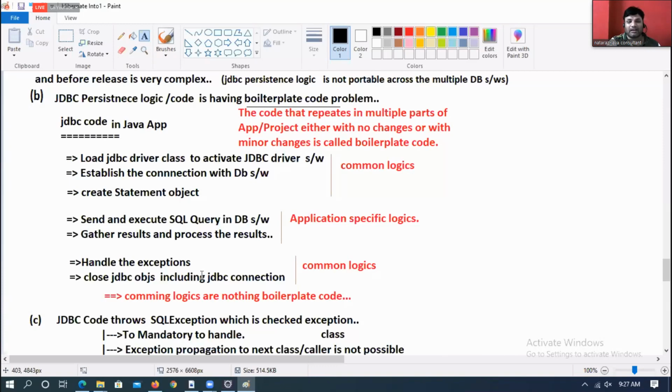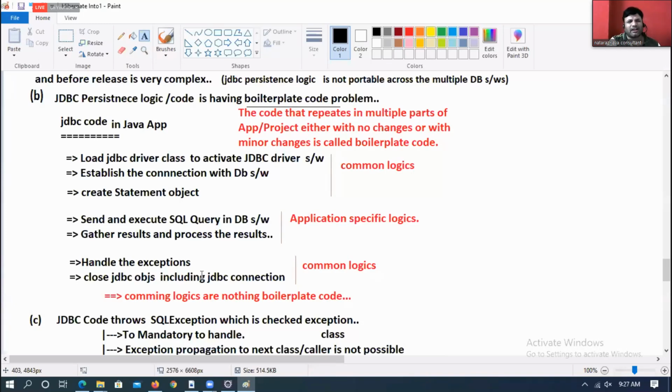But these common logics will repeat across multiple JDBC applications, either with no changes or with minor changes. That code is called boilerplate code.